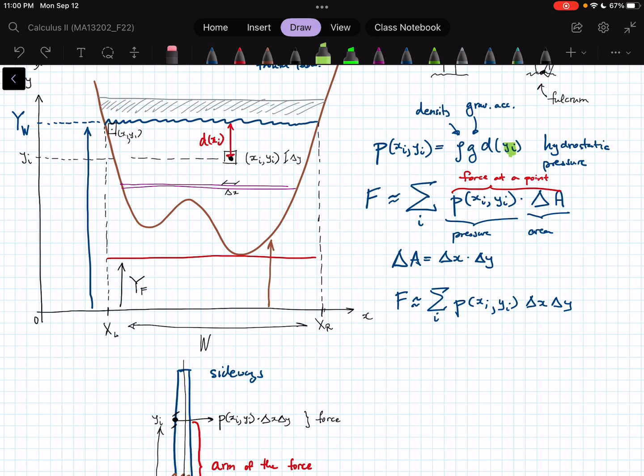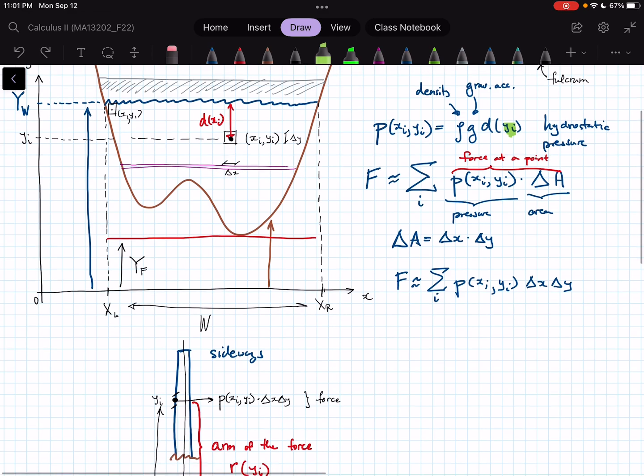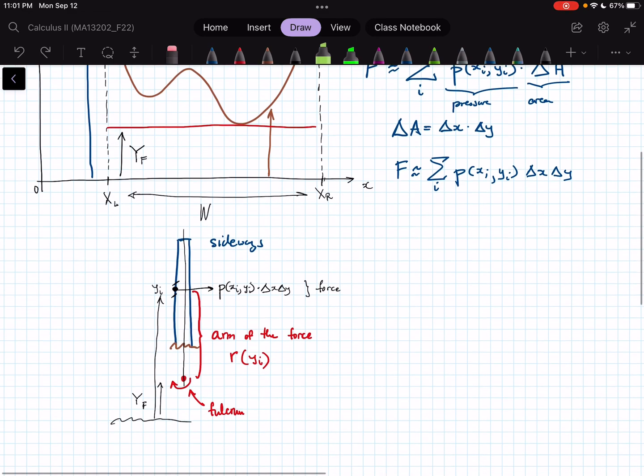If this wasn't the case, if the fulcrum was allowed to change as we move the x point left and right, then we would be interpreting the dam as if it was composed of vertical strips, and each of those vertical strips would rotate around a different point. Okay, so